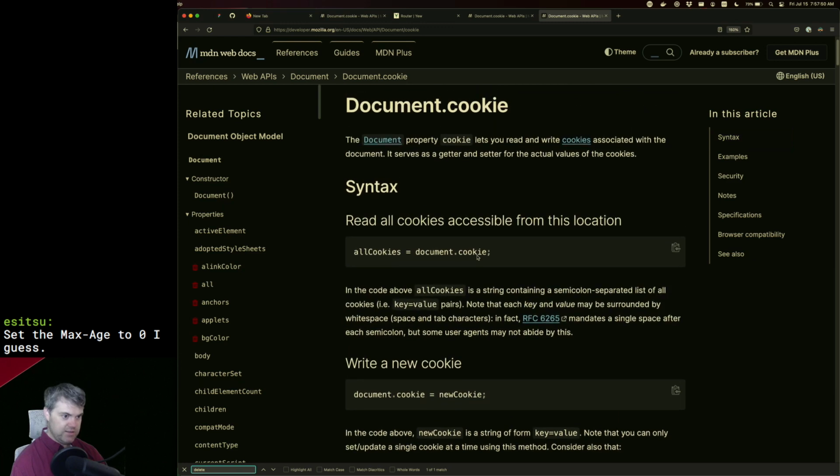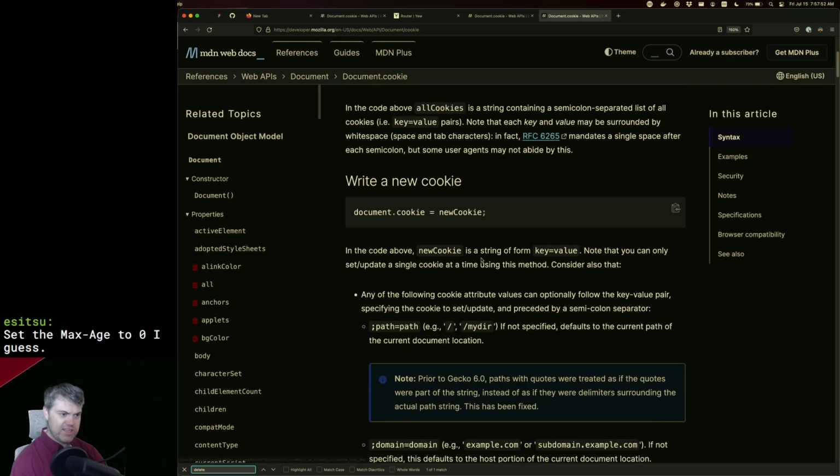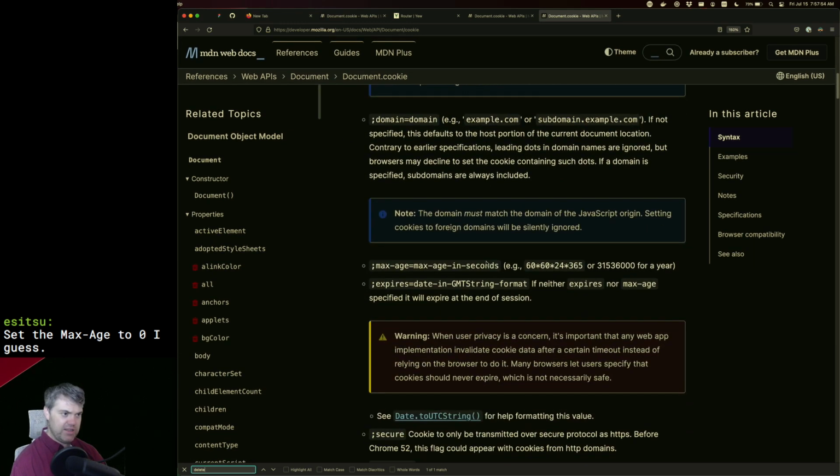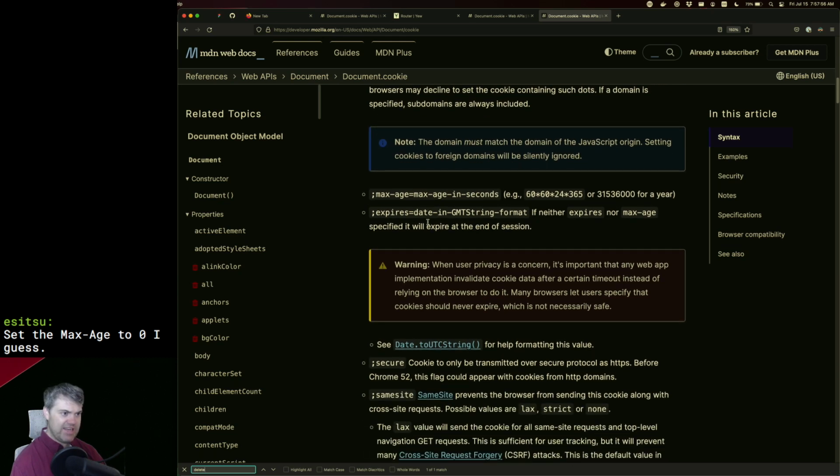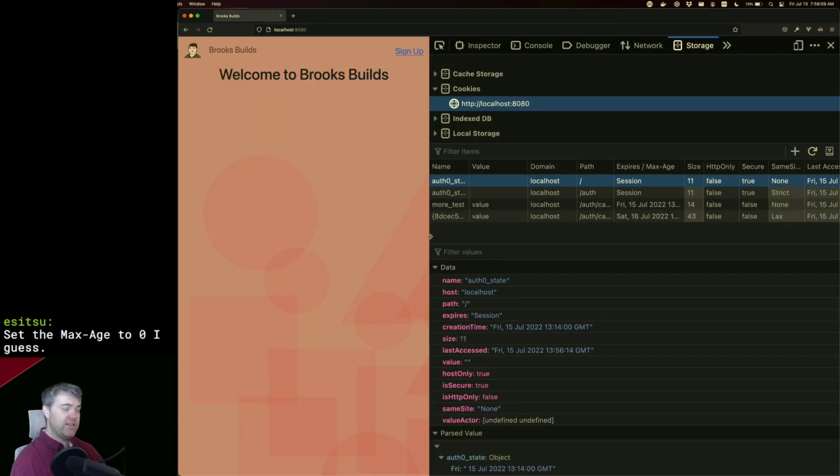Where is that? I saw the max age in seconds. Oh, okay. Max age, and then max age in seconds. Or I can give expires and then an actual date. I think max age is fine. So yeah, we would set the max age to 0. Okay, so